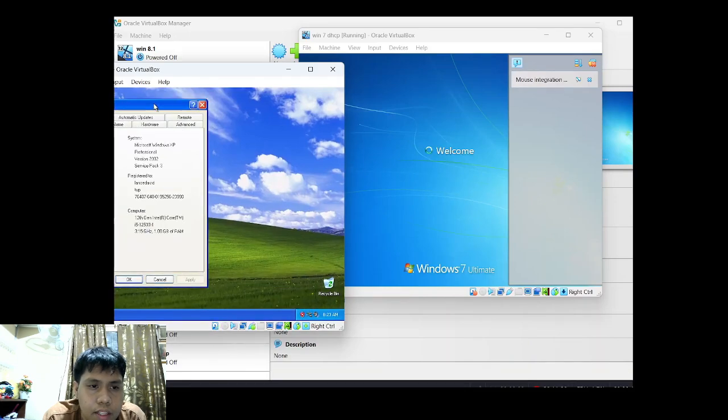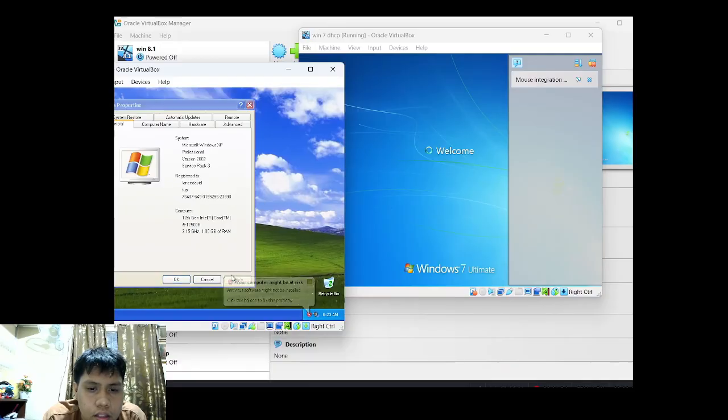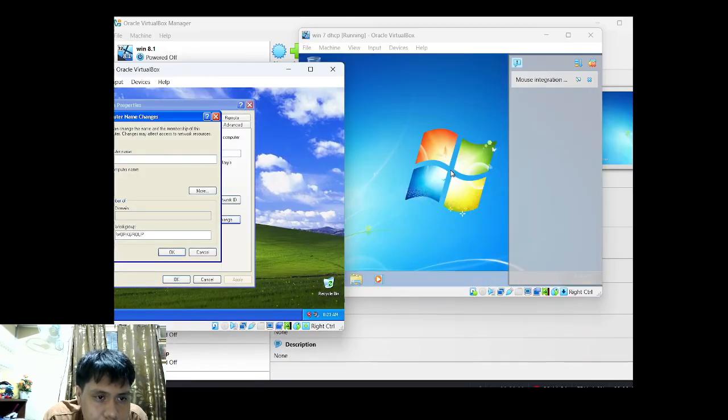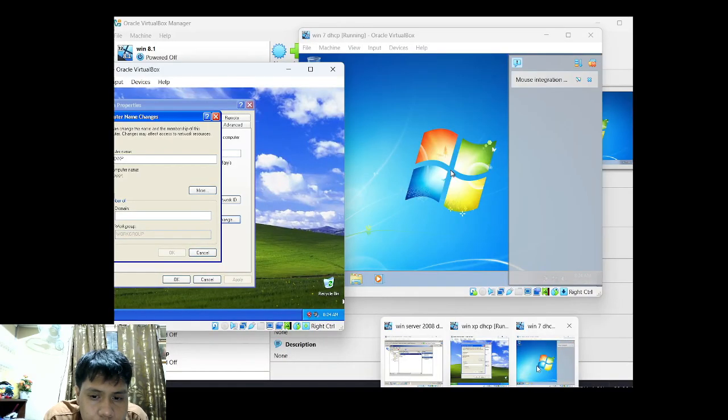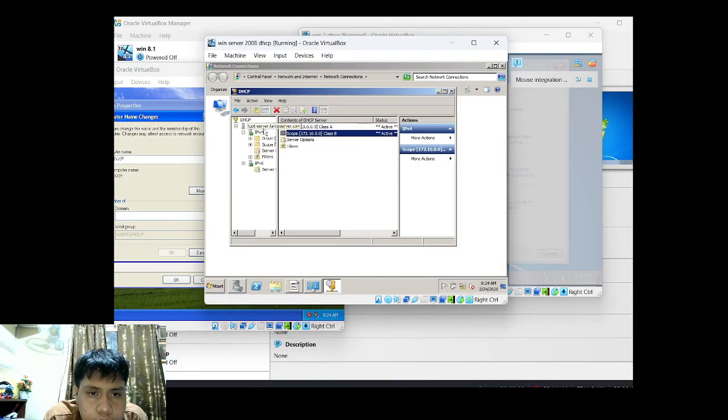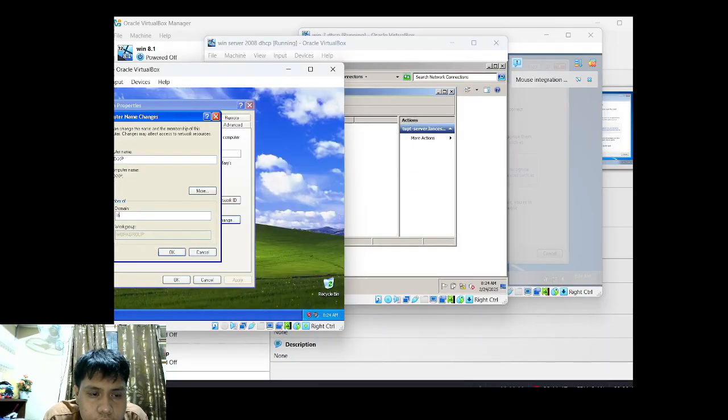Yeah, there's the properties and the computer name, then the computer description, then change the server name, the computer name I mean, with XP. Then the domain is lanserver.com. Okay.